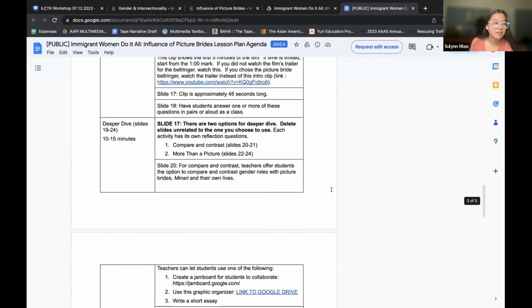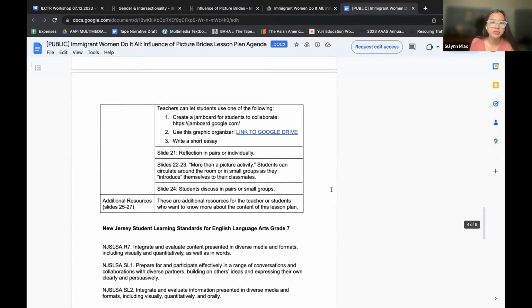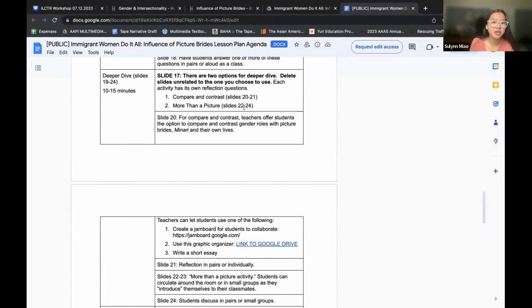And the film analysis activity, or the optional More Than a Picture assignment, could be turned into a lengthier writing assignment or art collage activity. There are so many ways to get creative with these lesson plans and adapt them to fit your students, their grade levels, your existing curriculum, and your teaching style.